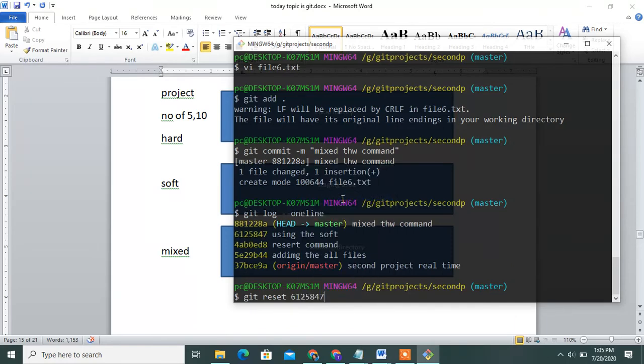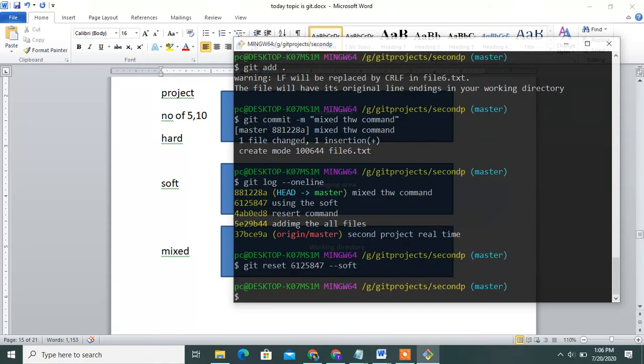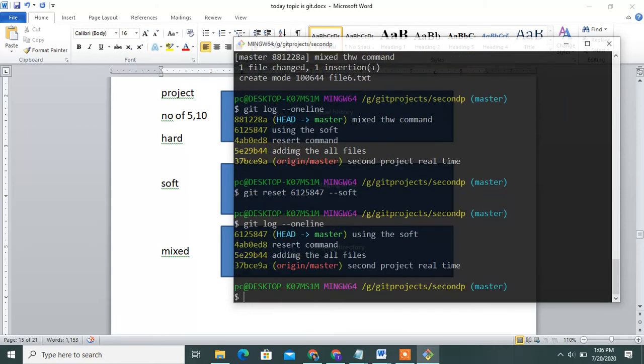Paste it here, then hyphen soft. See, you can delete it with this command. You can delete the newest commit ID. Once done, you can check where it is stored with git status.